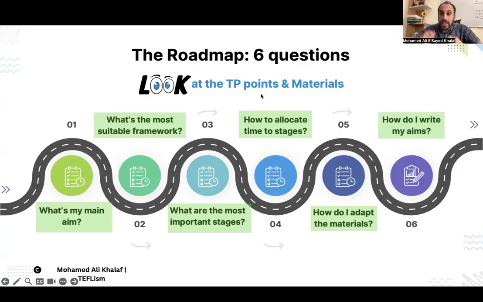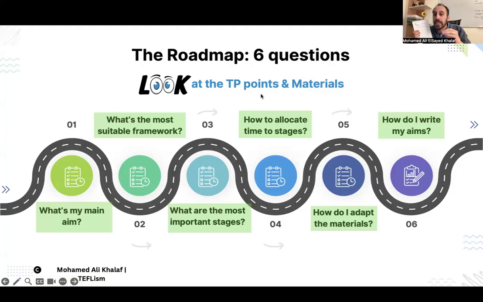If you start the lesson plan without looking at the materials and the TP points, without answering these questions, maybe on a separate piece of paper, you will struggle. Because this will be the core, the backbone of your lesson plan.